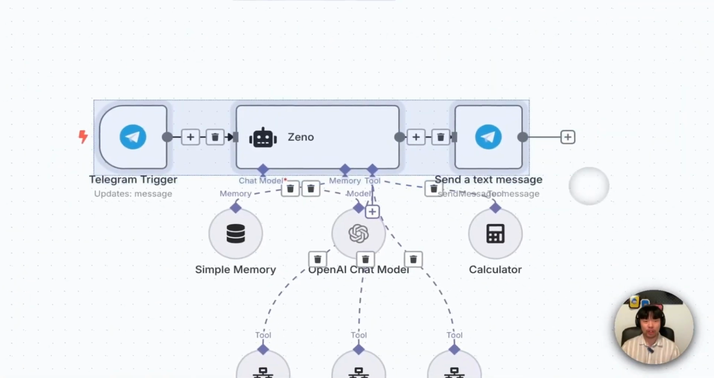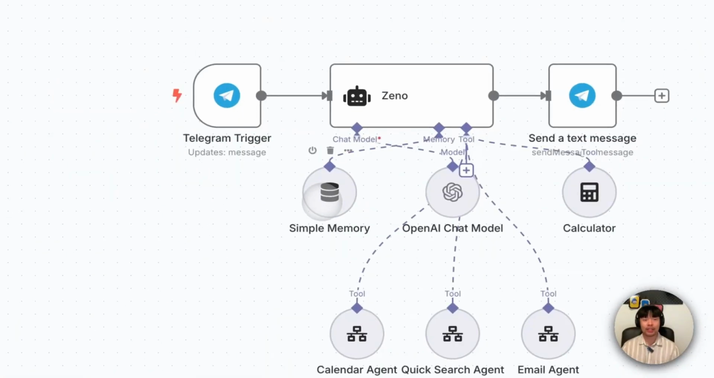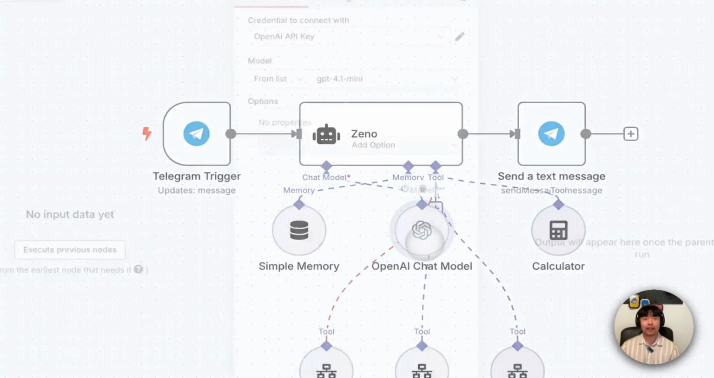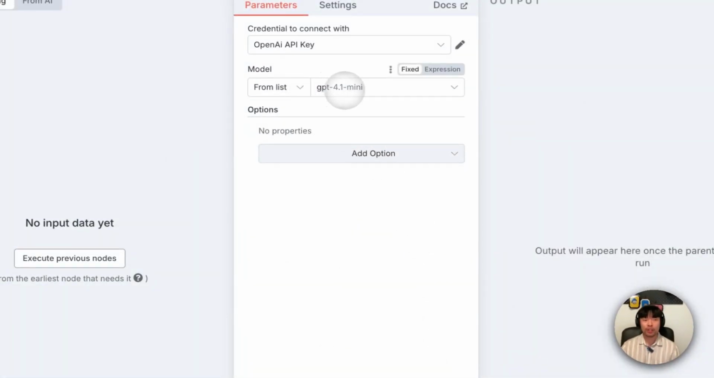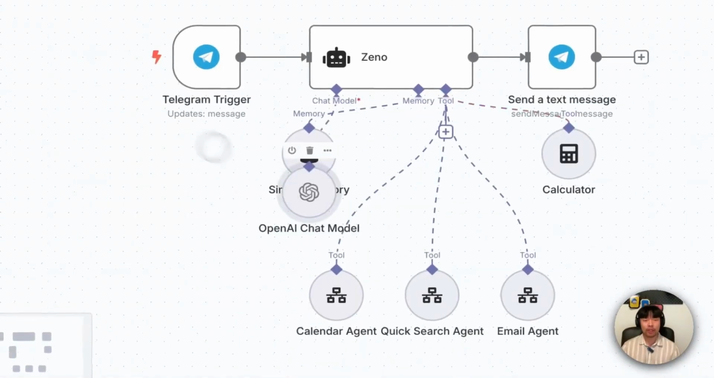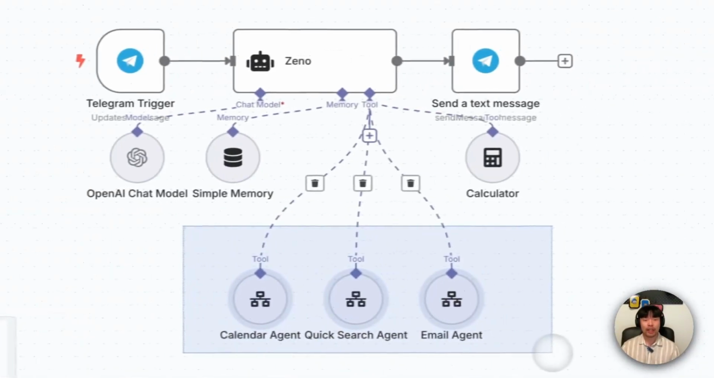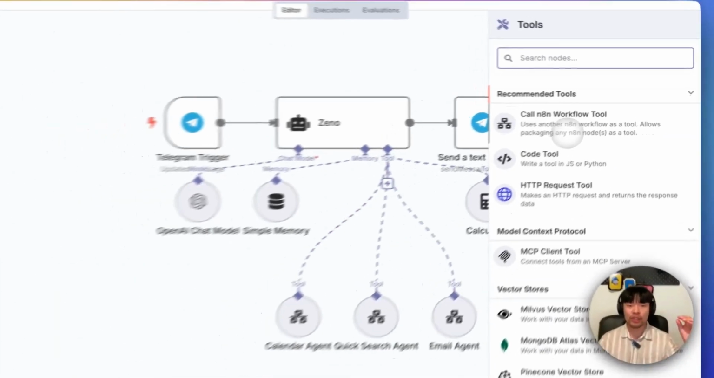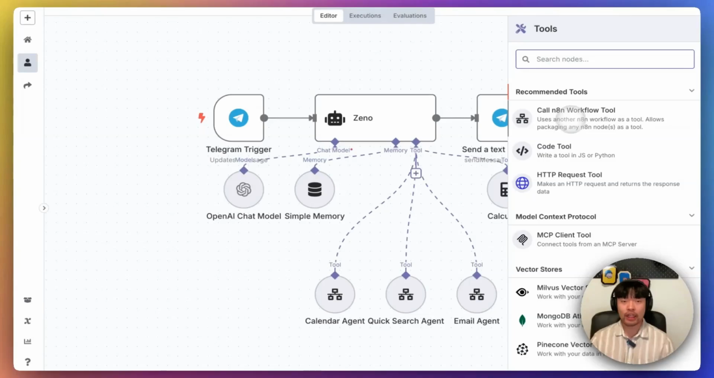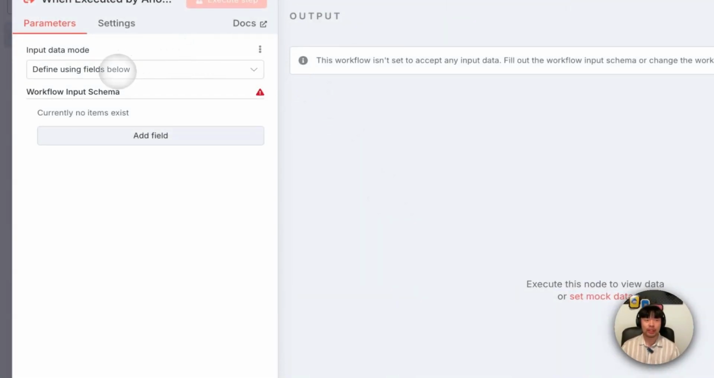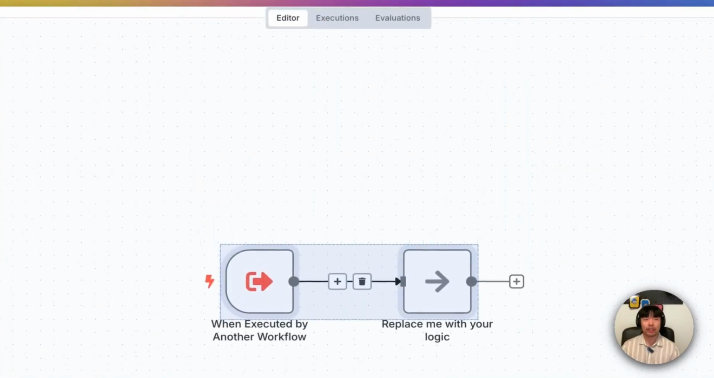That's the basic part here. We added a simple memory for saving interactions with you, and I've used GPT 4.1 mini so far. It was pretty good. I recommend it here. And then I added this one. If you always want to have a sub-agent or sub-workflow, you can create a call n8n workflow tool like this and accept all the data. And then we can